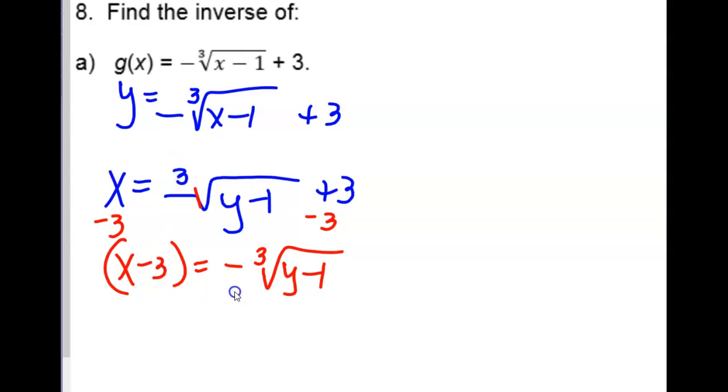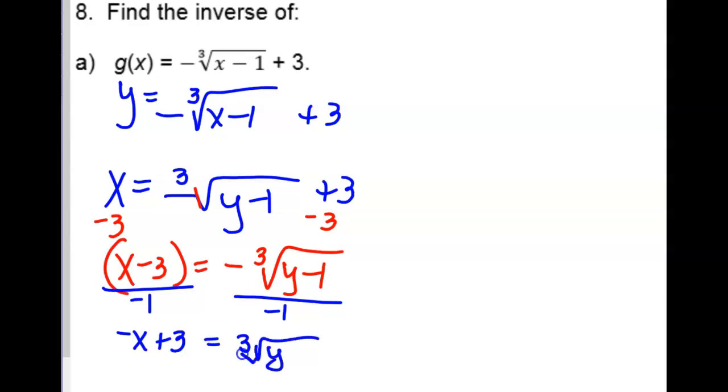I'm not sure that it would matter on this particular question, but if I multiply everything by a negative 1 or divide both sides by negative 1, what happens over here? I get a negative 1x and a plus 3, which could also be written 3 minus x if you wanted to write it that way. And now I have left the cubed root of y minus 1. Next,